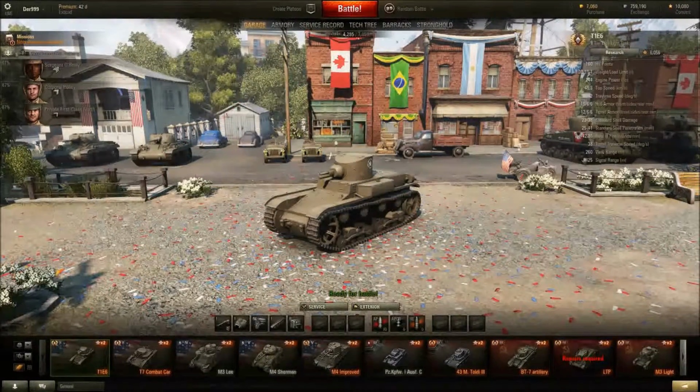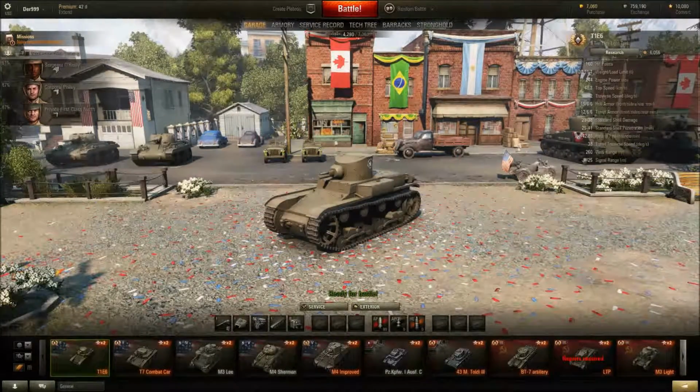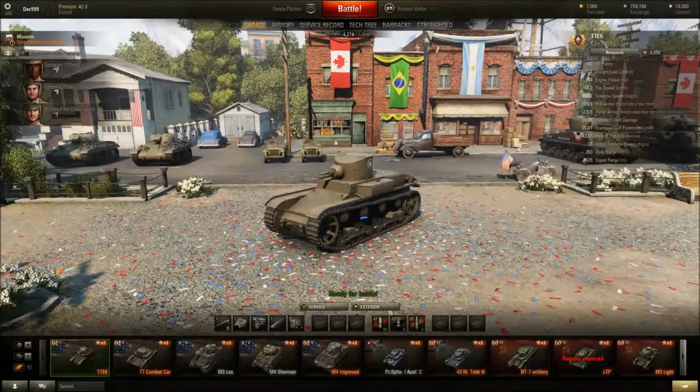However, if you want a tier 2 light tank, well, you got options. If you want a tank for $9.99 that will give you more money, because this will give you money. But if you want a tank for grinding, well, you're better off getting